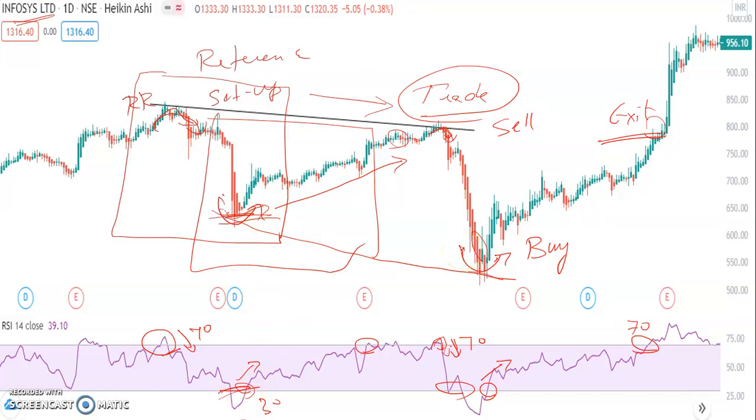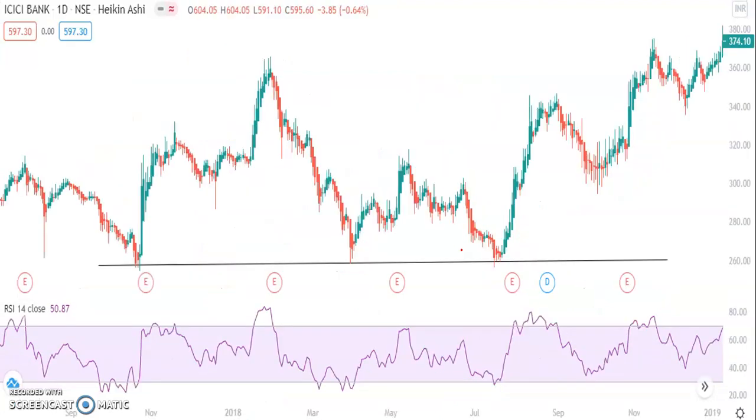So here, of course, the past pattern in the chart appears. Instead of referring to a very long period back, we are referring to the recent past, okay, and then we are doing our trade. So this is the reference. There is a trend line, is it? It took a turn. RSI goes above 30. It reached 70. The market went up. So this is our reference setup.